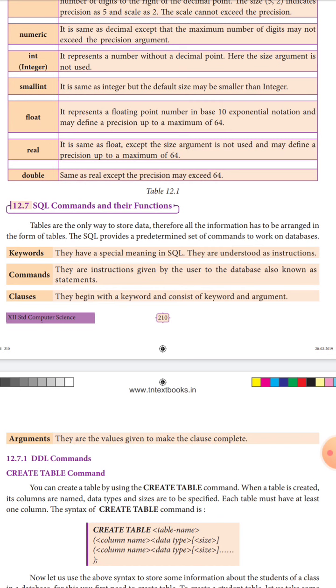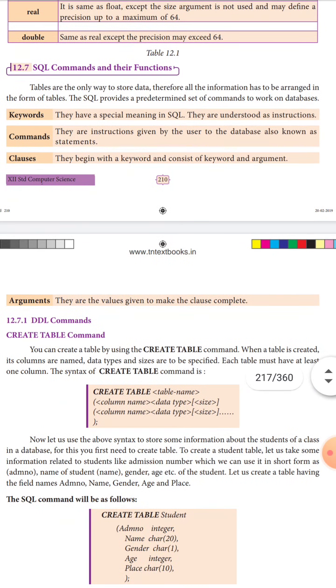Commands are instructions given by the user to the database, also known as statements. And clauses begin with a keyword and consist of keywords or arguments. Arguments are the values given to make the clause complete.